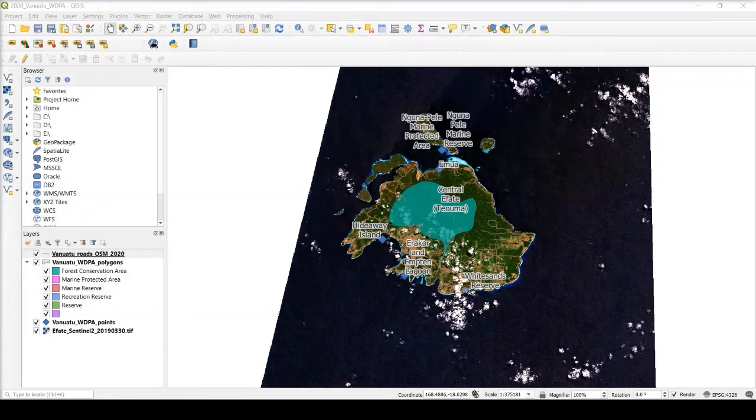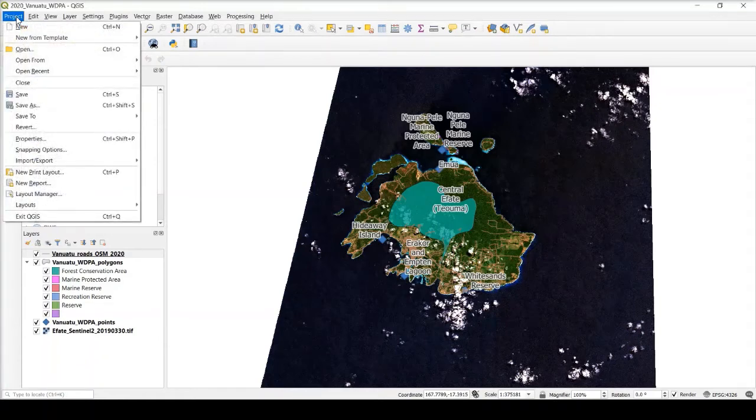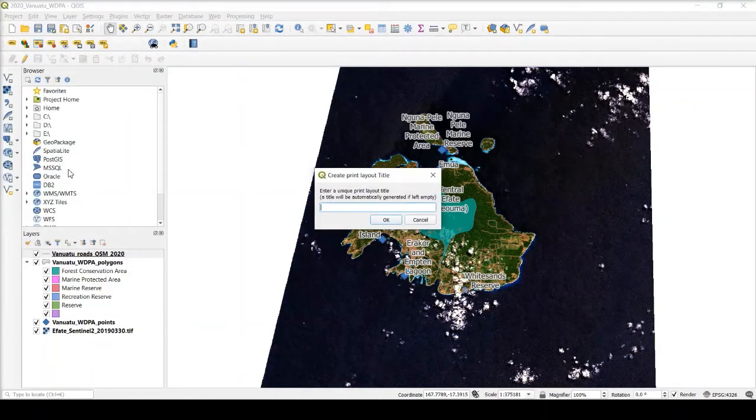Next, I'm going to create a new print layout, and there's two options to do this. One is to use the new print layout tool in the toolbars, or we can also go again to the project tab in the menu items and go down to new print layout. And once I select either one of these, I'm asked to create a title for our new print layout. In this case, I'm going to call it 2020 Vanuatu WDPA. And when I hit OK,